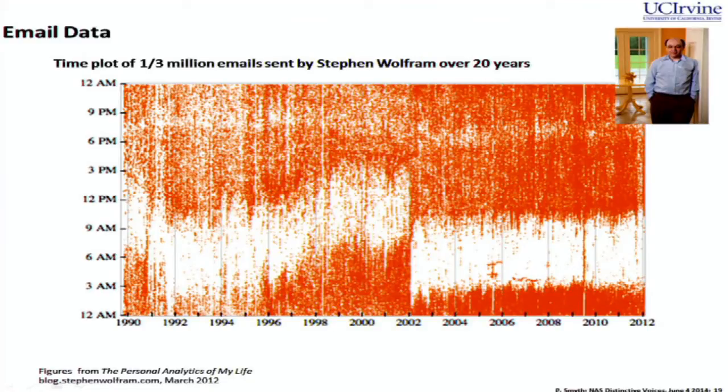And what's interesting, I'm using this as an example, is you can sort of tell what Stephen's life was like as you go through the years. You'll see that he stays up kind of late. This is basically when he sleeps. So what was going on here? In fact, he was working on a book, and his sleep patterns were almost flipping around completely. He was going to bed at 8 in the morning and getting up at 2 in the afternoon. And now he's going to bed at 2 and getting up at 9,